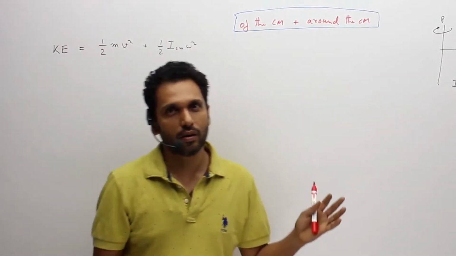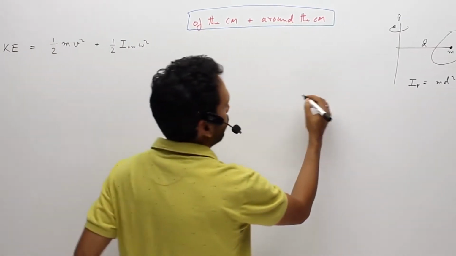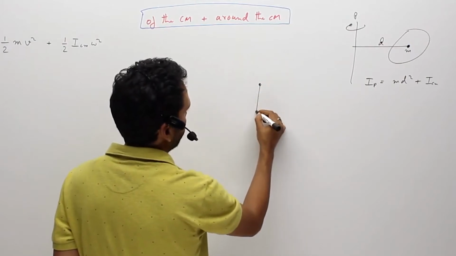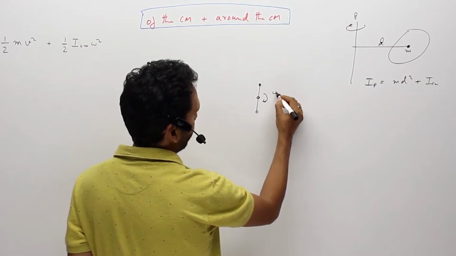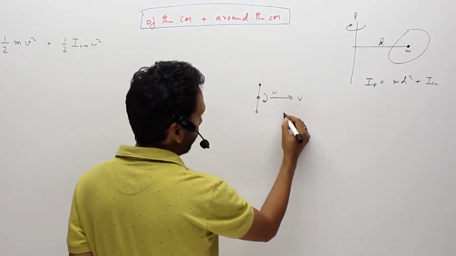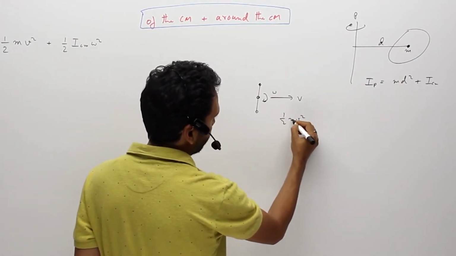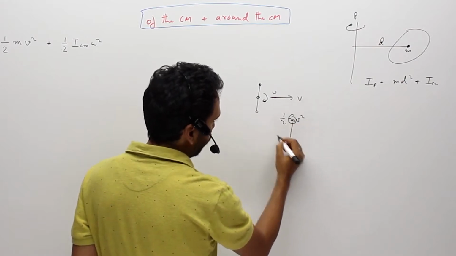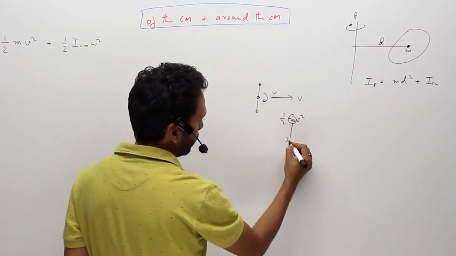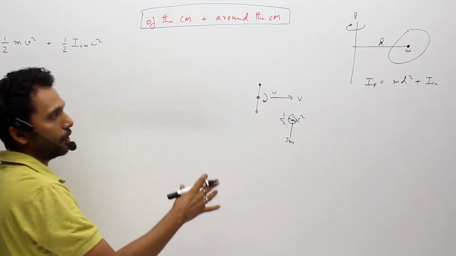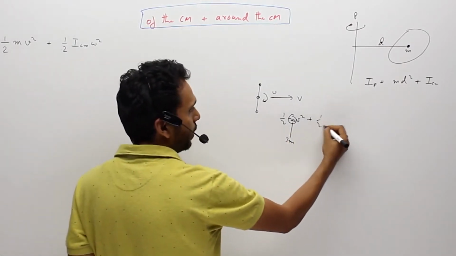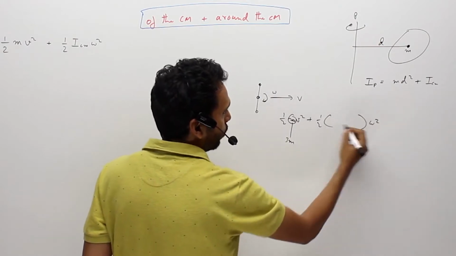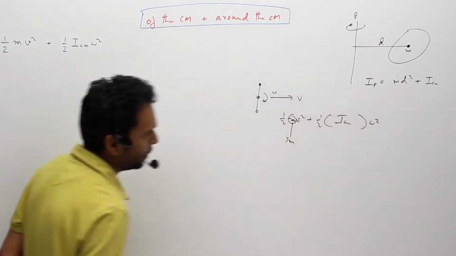As I discussed earlier also, take the kinetic energy of a body which was having, say, 3 beads or 2 beads, as I showed you earlier, rotating with omega and going forward. So it did not come half mv square, where this m was all the 3 together, so 3m in this case. It did not come half into 3m into v square. It came this much plus something, and that plus something, if you remember, was exactly the ICM.